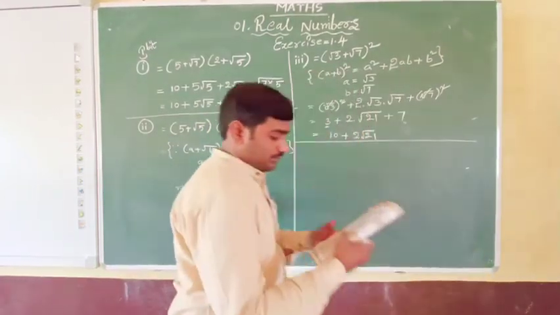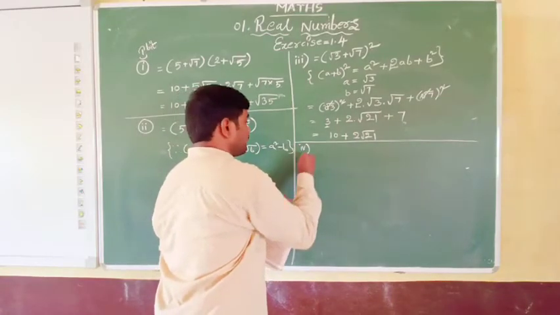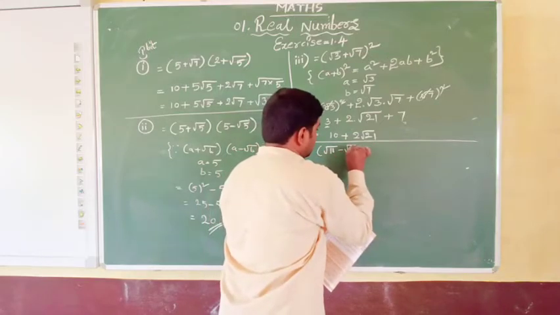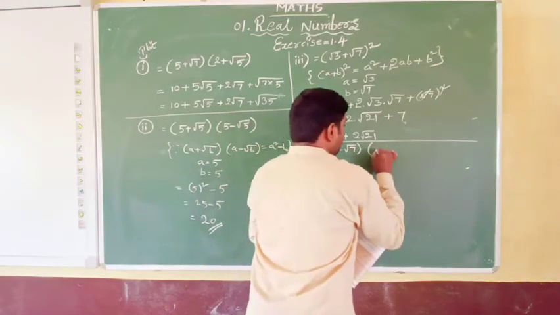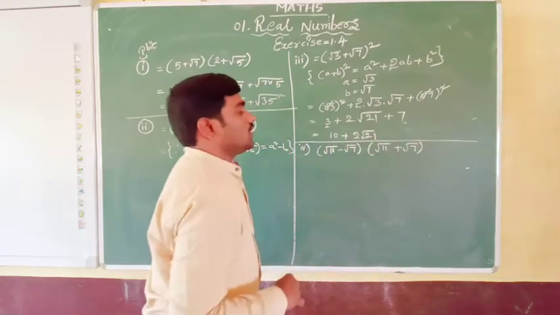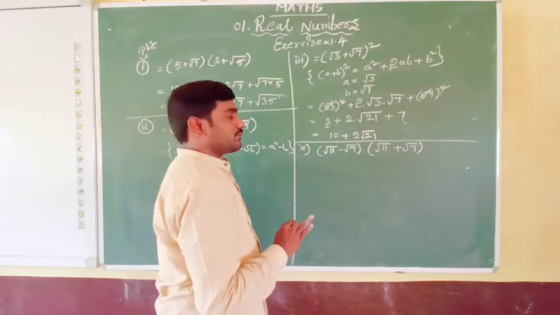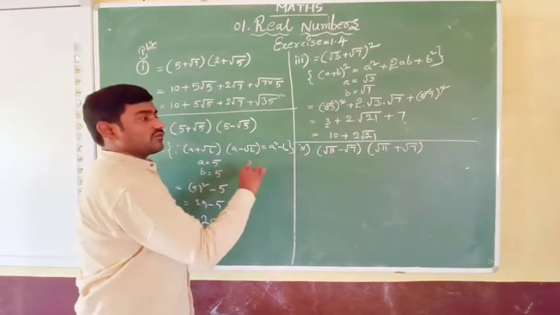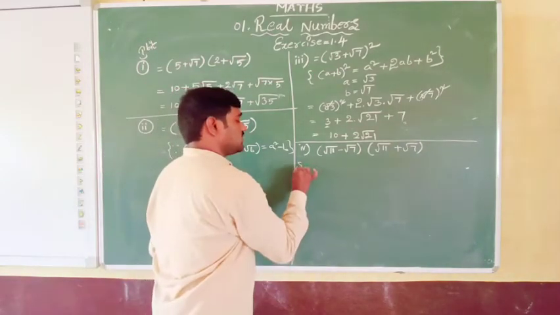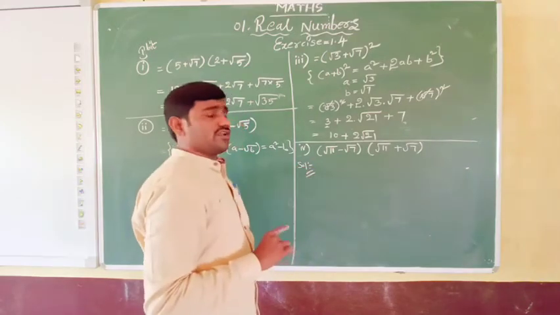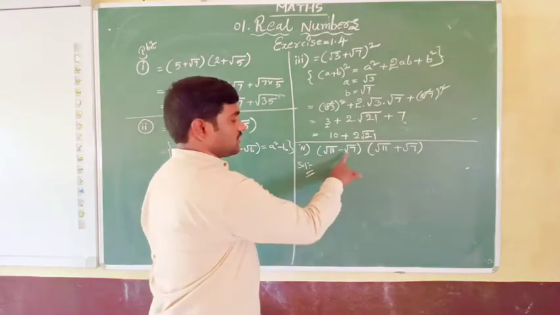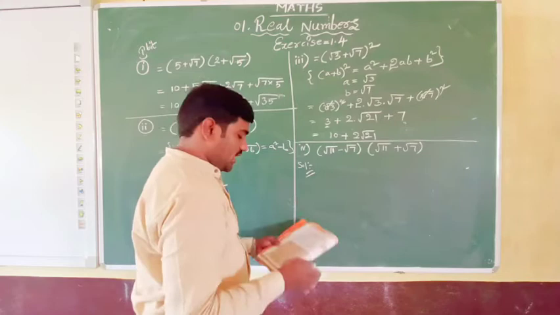And let's go for the fourth question, that is root 11 minus root 7 times root 11 plus root 7. So let's go for the same process again. You can go for this formula, or we have another formula also. If you remember, you go for that formula. Or in the general method also I will tell you. If you don't remember any formulas, here simple: 11 minus 7 equals 4. The 4 will be the answer here.